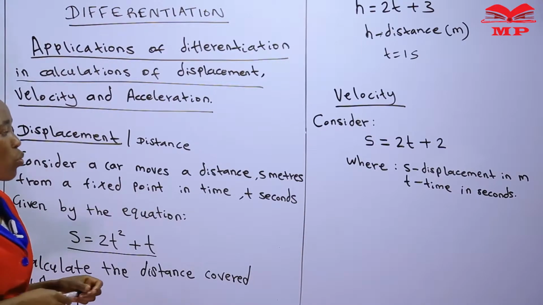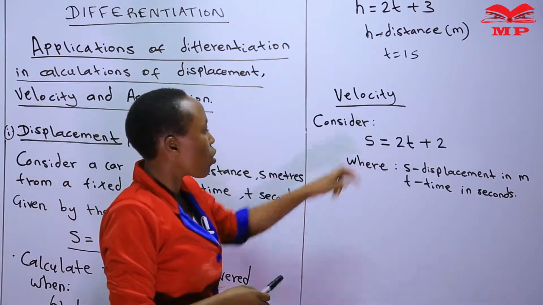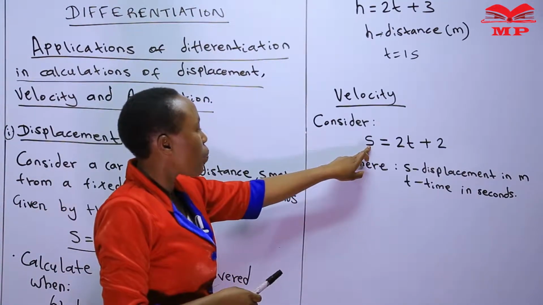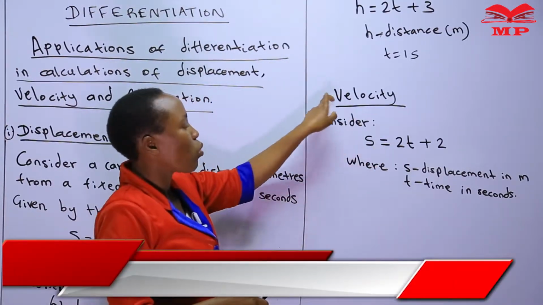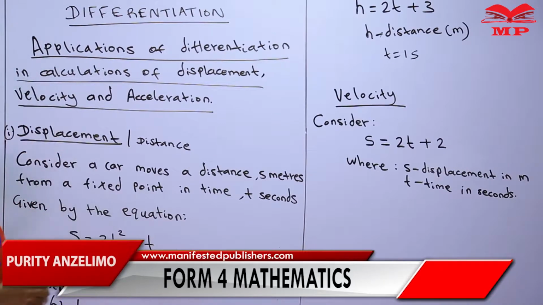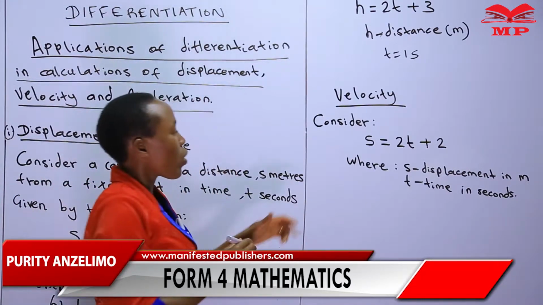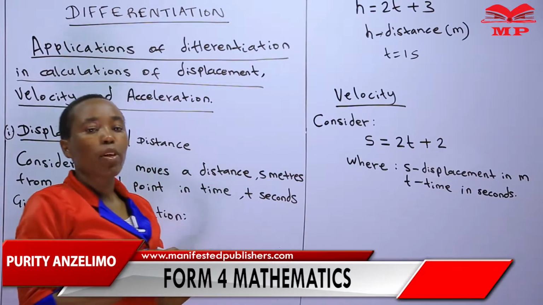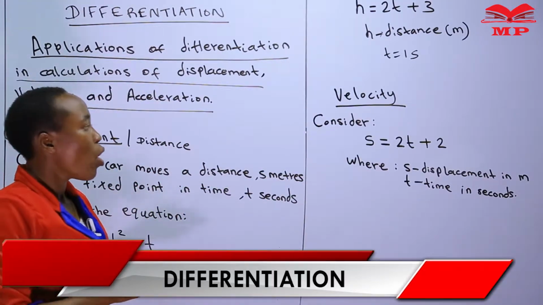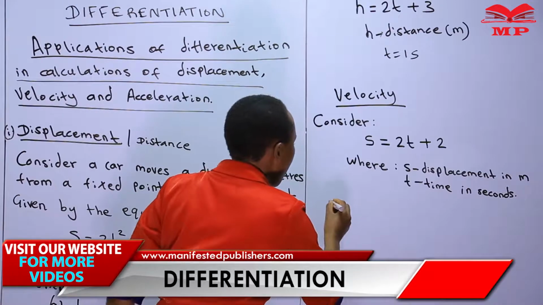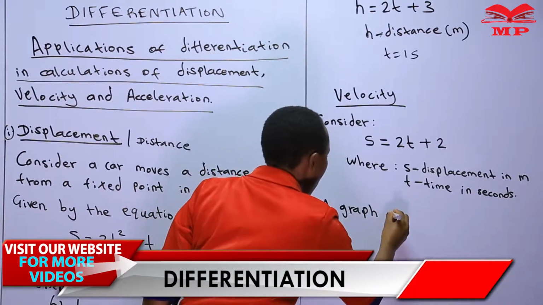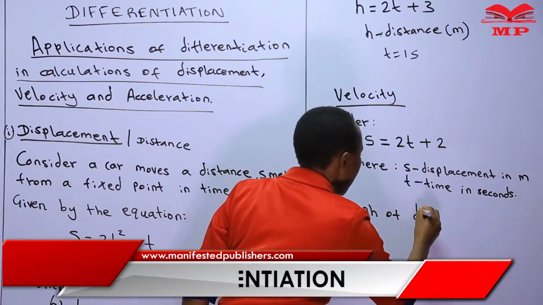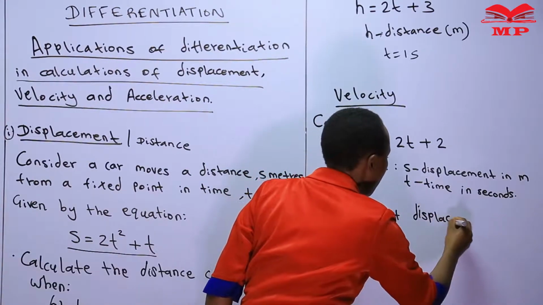Now I want us to use this equation. This is an equation of displacement, and we have time. We use that equation to calculate the velocity. So before we even get to differentiation, we know very well that when we plot a graph of displacement